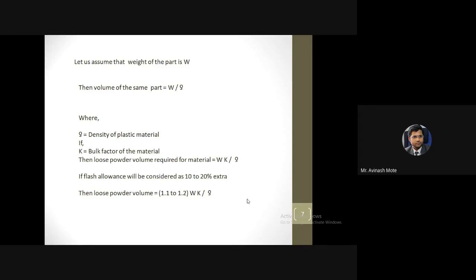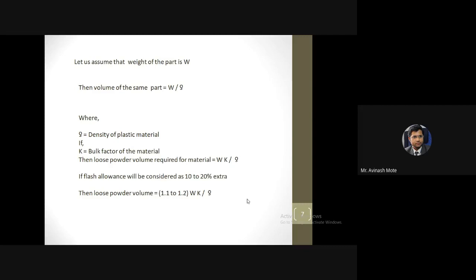Apart from that, what is going to happen? See, we cannot go for the exact amount of material, because based on the process, the pressure, heating range, temperature range, and venting, there is a compression. Getting it? Only based on the pressure, the component is not going to be compressed. Other parameters are also important. Based on that, compression will happen.